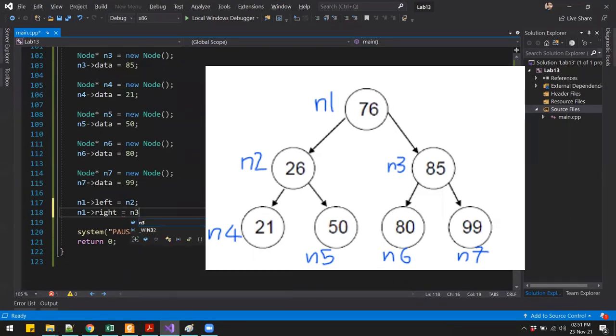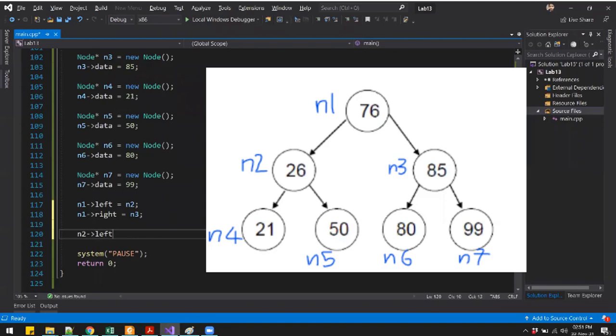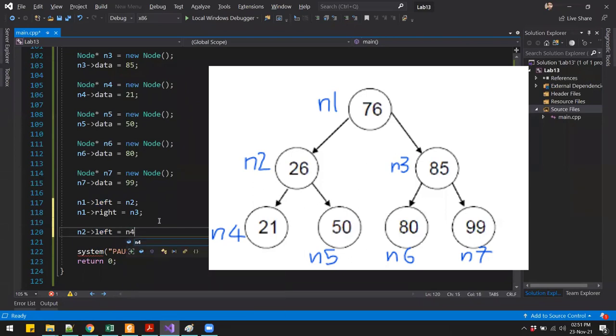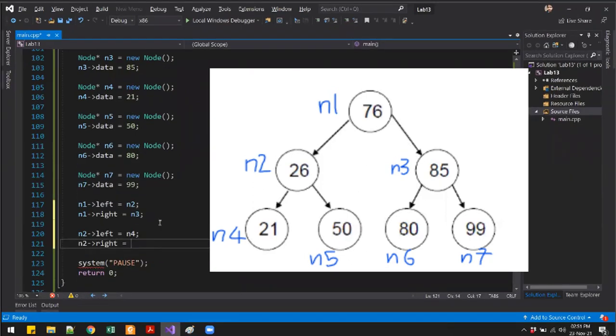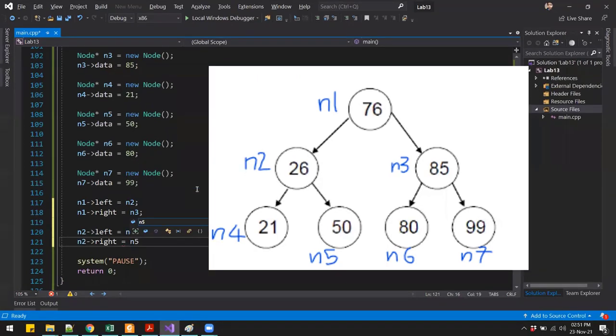So that is n3. Then going to n2. So n2 arrow left is equal to node 4. Then n2 arrow right, the right of node 2, is node 5. Then going to node 3.